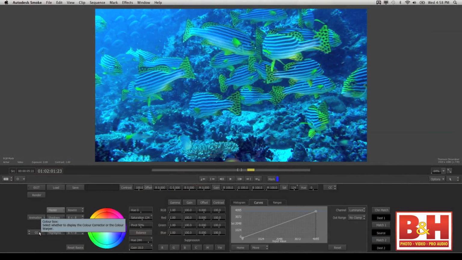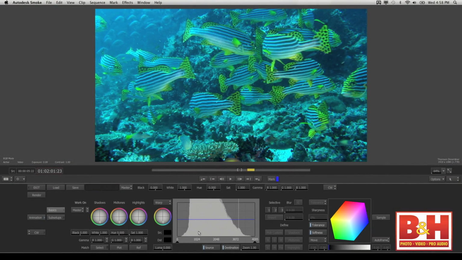So I'm going to change color correctors. I'm going to go to the color warper. So just click on the CC over here, and I'm now in the color warper. I've just disregarded whatever I did in the color corrector. A little like Final Cut has two color correctors, here I also have shadows, midtones, and highlights that I can work on independently. All right. So one thing I want to do is bring the saturation down just a bit, like this,